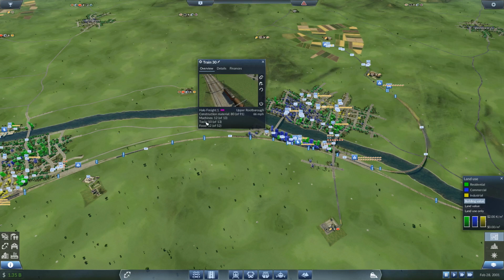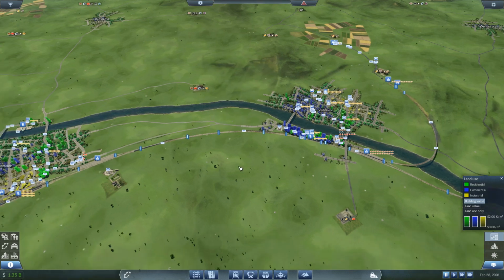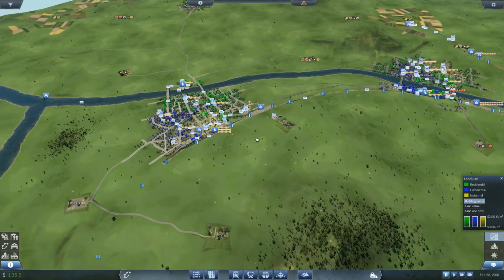But it's carrying a mixture of machines, tools, and food. Now, that one's not too bad because it's carrying 10 of 13 tools, 12 of 13 machines, and 52 food. So it's looking pretty good. But if you look at other trains,